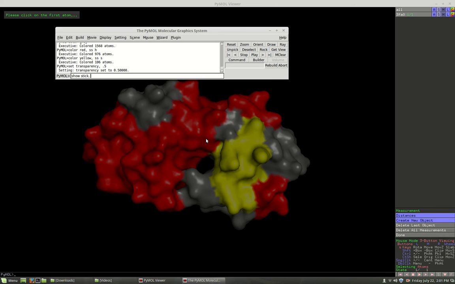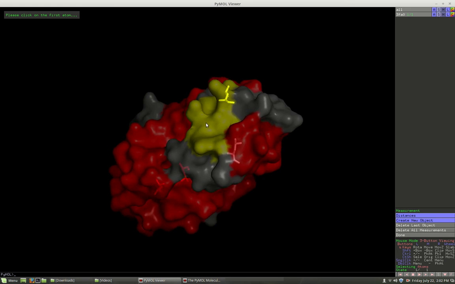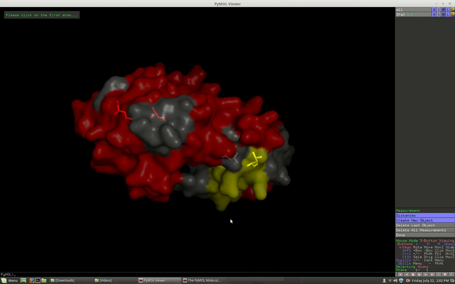comma, and we'll do it with certain residues. So let's do residue, and then we can do several at a time. Let's try these: 33 plus 99 plus 121. Do that. So there we show certain residues that we might be interested in and where they are in